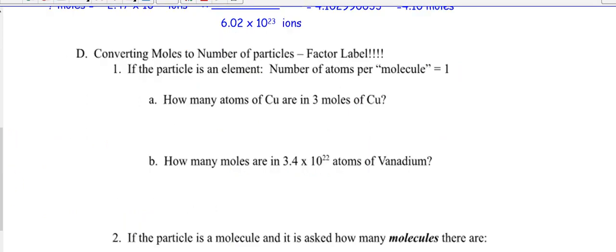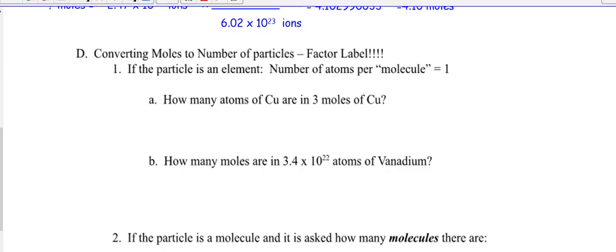All right, so now you're gonna convert moles to particles, all right? So it can be atoms, it can be molecules, or whatever. So if the particle is an element, you always have like 1 atom per molecule. So if you're looking at just molecules and you're looking at atoms, it's still 6.02 times 10 to the 23rd,